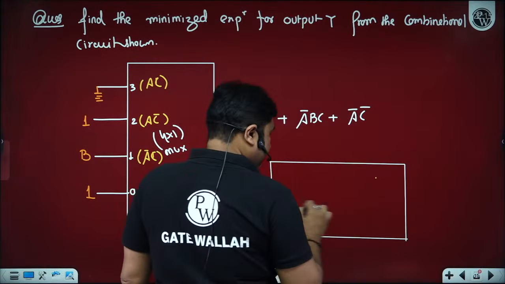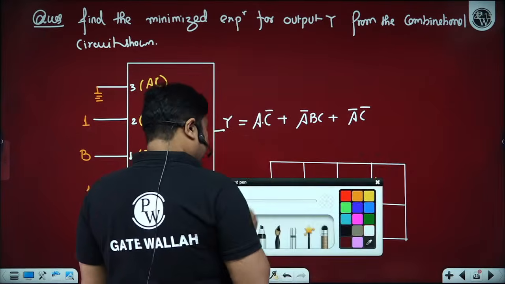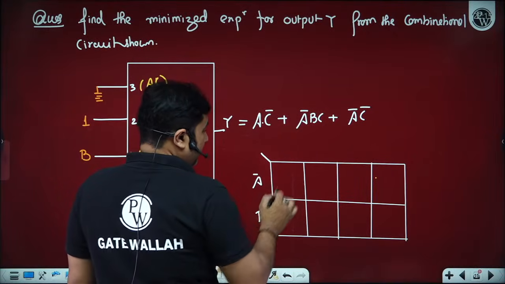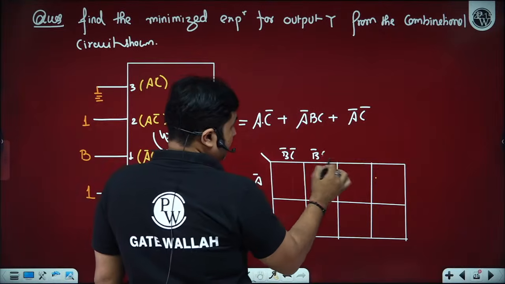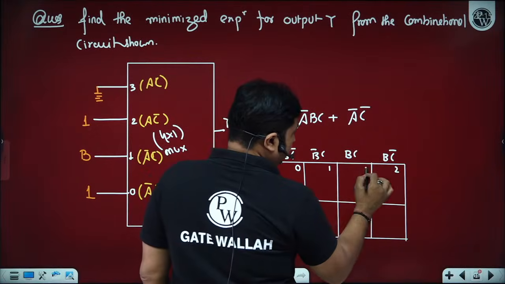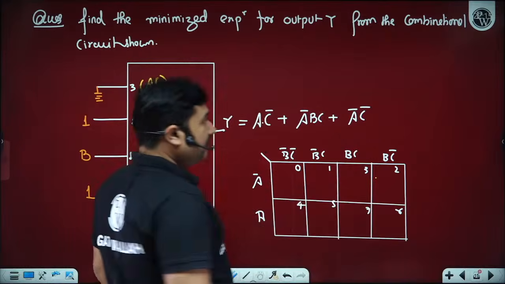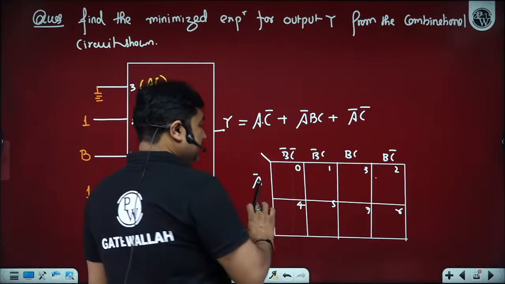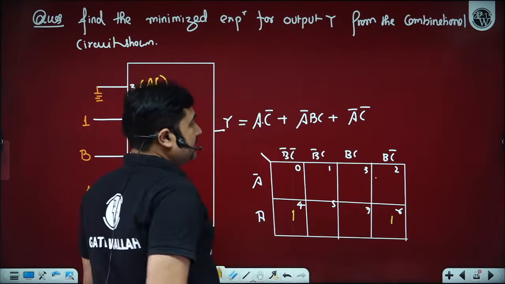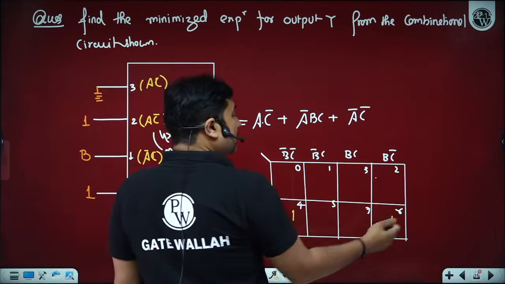Please observe, beta ji. So we have A, B, C. I can observe three variables, A, B, C. So A as the MSB, then A bar, A, B bar C bar, B bar C, B C, B C bar. Numbering 0, 1, 2, 3, 4, 5, 6 and 7. Where are we getting output logic high, beta ji? We are getting output logic high on A C bar. How will you get A C bar? A from here, and you will get C bar from 4 and 6. So it means A C bar is a pair obtained from minterms 4 and 6 being high.